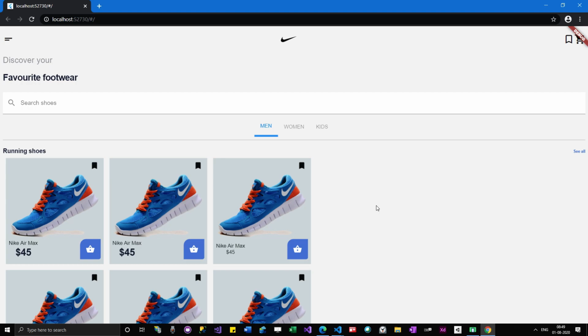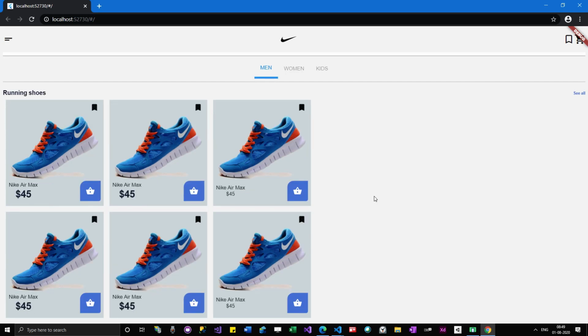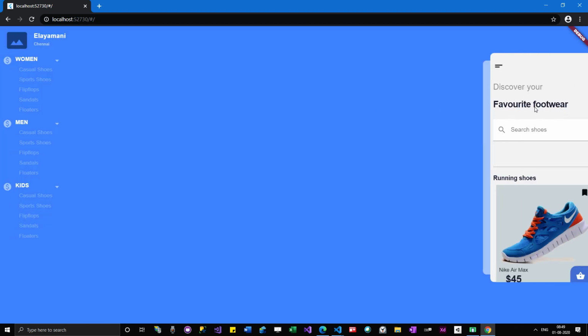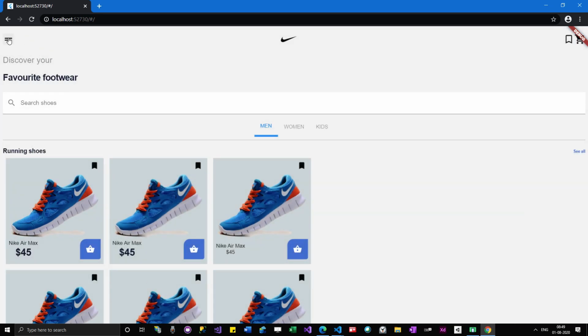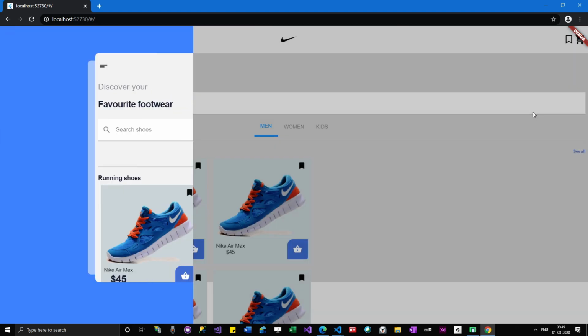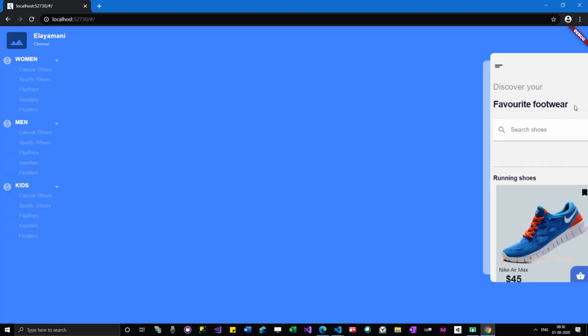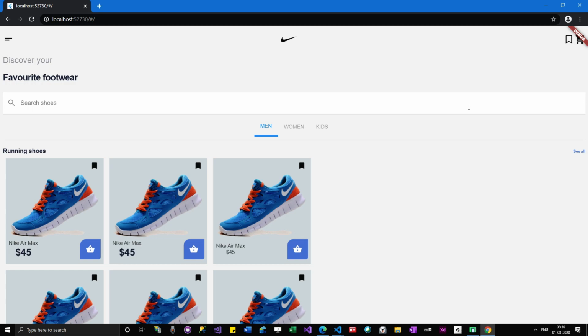So now you can see that the mobile app has opened inside the browser. When I click on this icon, you can see that the menu animation has happened. Very good, right? Without writing so much code, we are able to do this animation. Achieving the same thing in web would be very hectic. Dealing with styles and everything is very complicated.